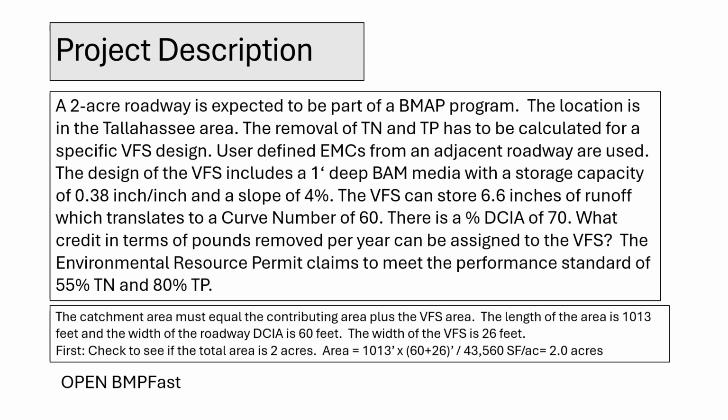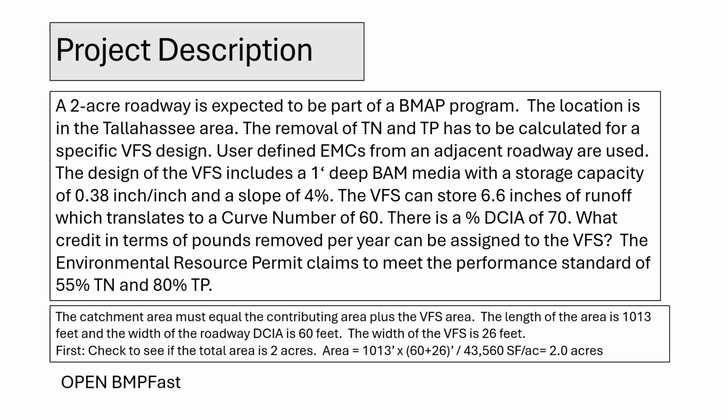This curve number was derived using the formula of storage equals 1000 divided by the curve number, minus 10. The directly connected impervious area, or DCIA, for this project is 70%. The core question we need to answer is, what credit in terms of pounds removed per year can be assigned